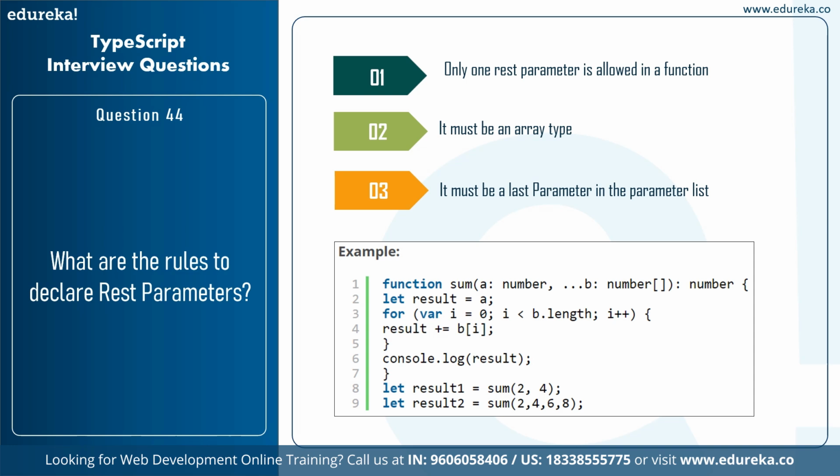So here we haven't specified the number of parameters. You can either take it as a and b, or you can pass various numbers for the b parameter as well, because here we have not specified any particular number. You can specify the length, so b can be of length 3, where you can pass 3 different values for b, that is 4, 6, and 8, and we have passed the value 2 for a. So this was about the REST parameters.